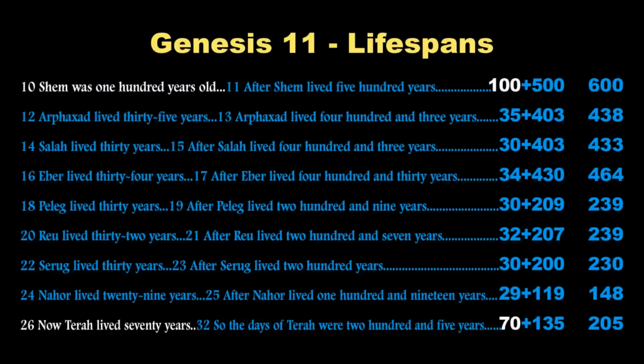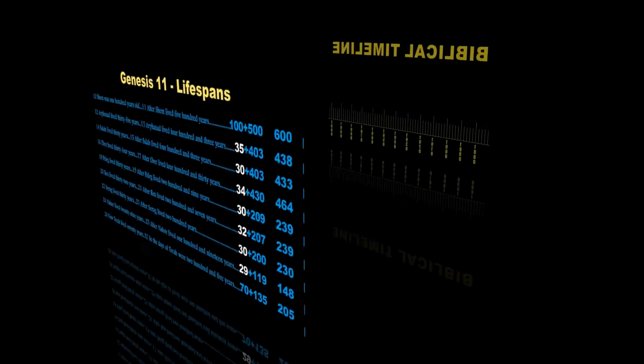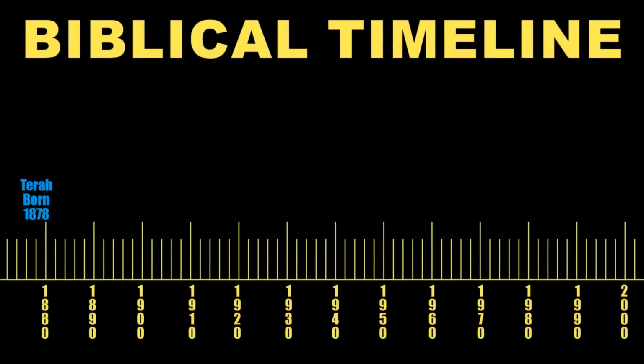Now, if we go to the top, Shem, the son of Noah, had his son at 100 years old. But there's a reason for that, as he was on the ark during the Great Flood. Not a great time to be having kids. But look at the 7 generations between Shem and Terah. And all of them had children when they were 29 through, at most, 35 years of age, right around 30. You can say that this was a cultural norm to be settled down and start having children by their early 30s. With that known, we go to the timeline, starting with the birth of Terah in 1878,